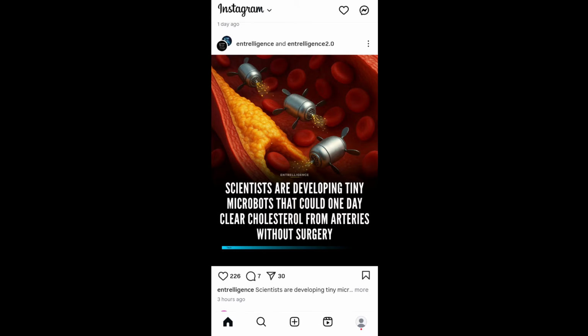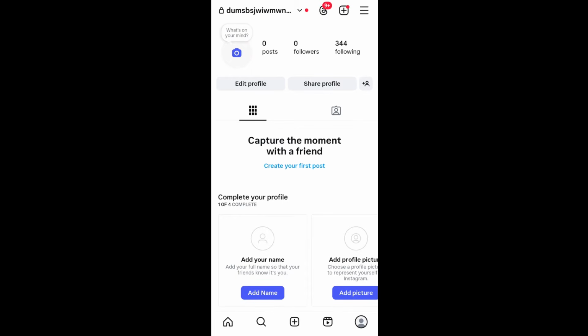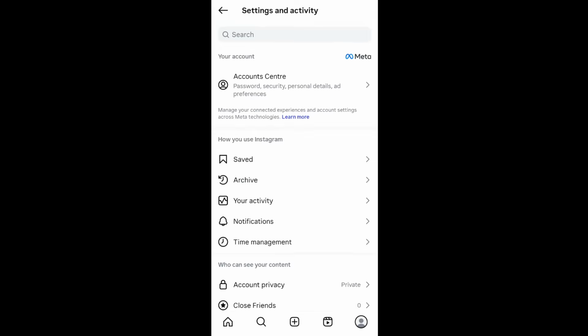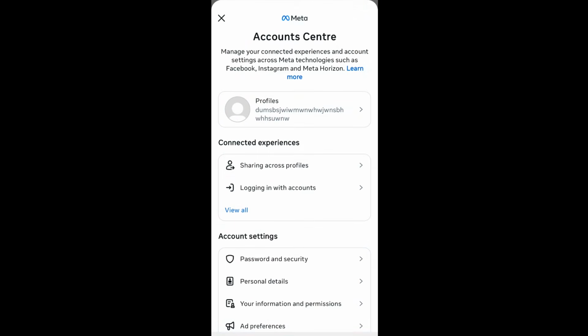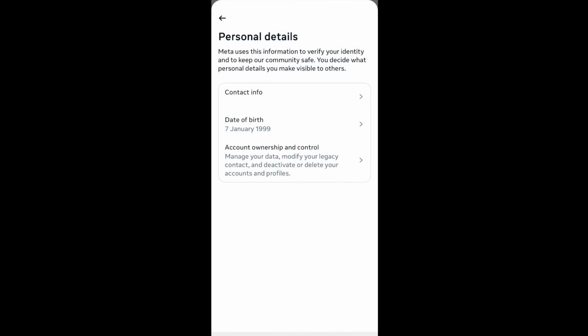So let's get started. First thing, just come into the home interface of Instagram, and to the rightmost bottom you will be having your profile picture. Click that, and to the rightmost top you will be having the three lines icon. Select it, and here we will be having account center at the top. Click here, and in account center select personal details, and here we will be having an option called account